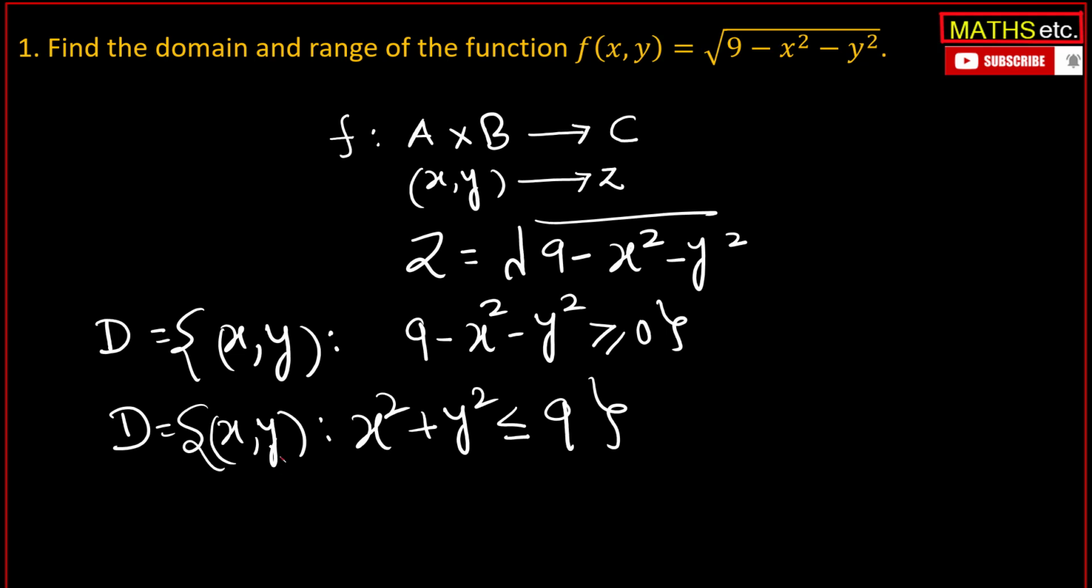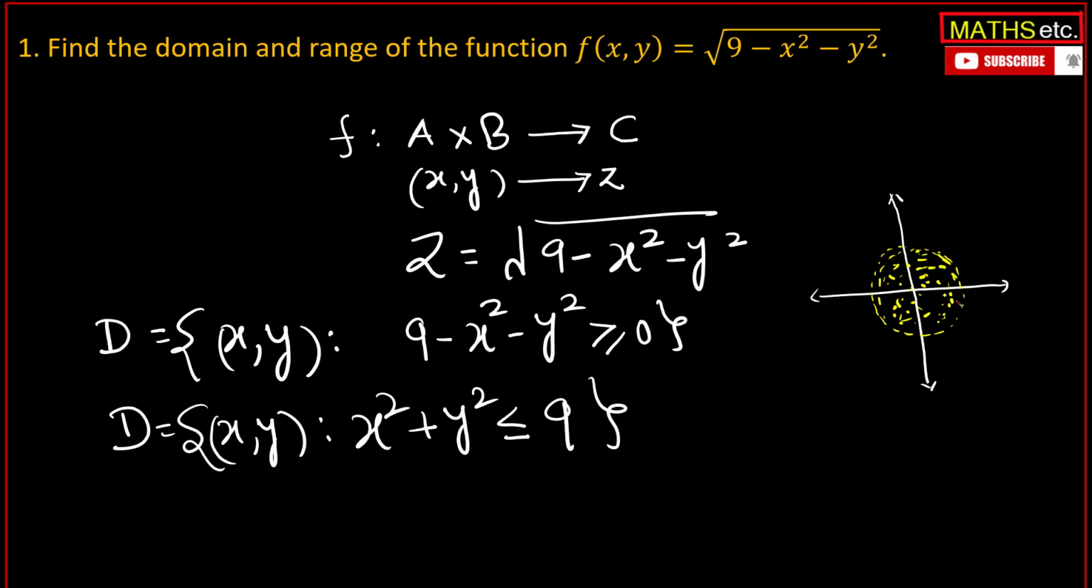The domain consists of all these ordered pairs, which means the domain will lie in two dimensions. So suppose this is x, and we have the y axis. X square plus y square equals 9 is the equation of a circle. Less than or equal to 9 means a closed disk. So we are drawing this closed disk roughly. This one is the closed disk, so all the points lying inside and on the